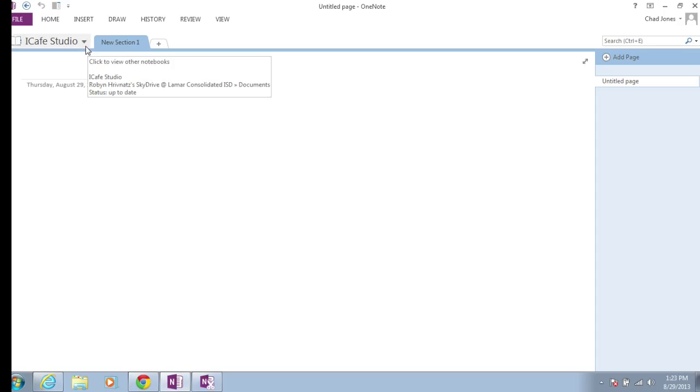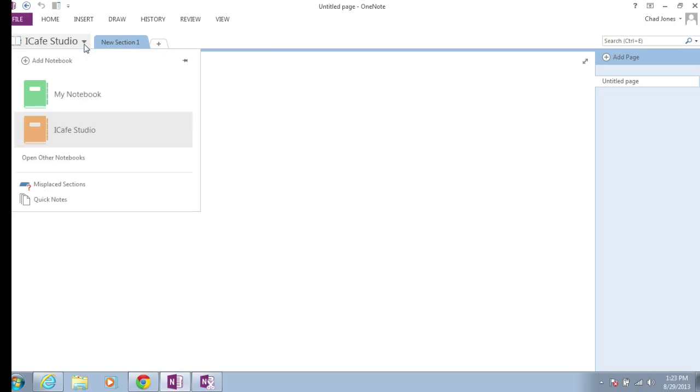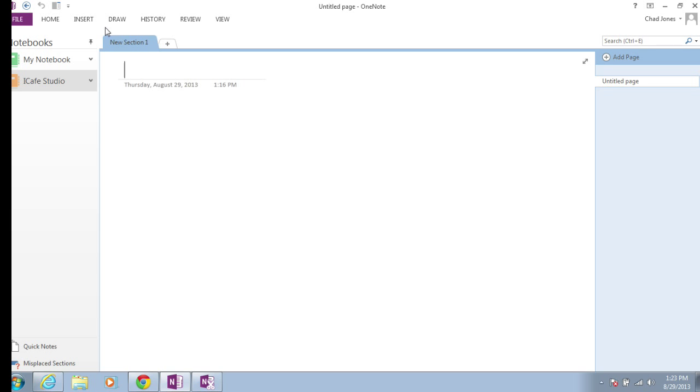So to make it to where you can see it a little bit better and actually see all the notebooks that you may or may not have open on your computer, I'm going to choose this little drop down arrow next to my notebook called iCafe Studio. And when I do, I can see that I have two notebooks actually open over here. I'm going to choose to select that little pin in the right hand corner to pin my notebook pane to the side. What this does is it allows me to see my notebooks stacked on top of each other